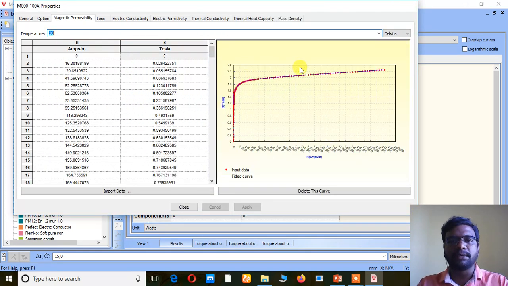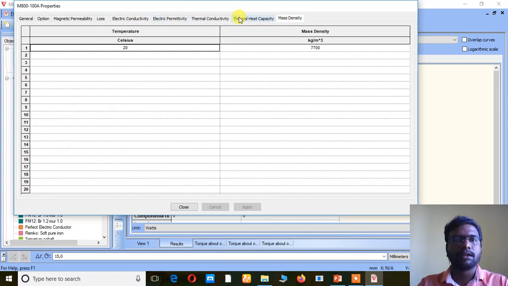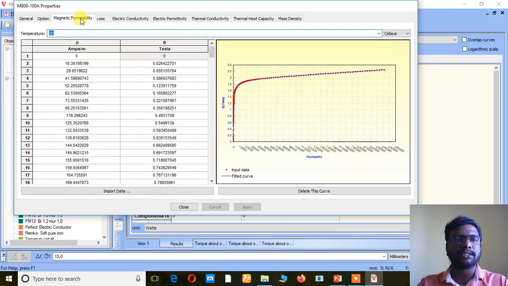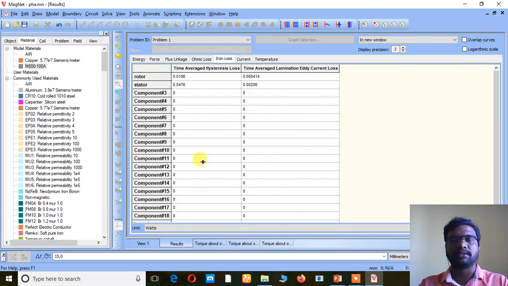So we have to check the BH curve with the different materials, as well as the loss curve, that is losses versus flux density. We have to consider this curve as well as the BH curve. Moreover, slightly consider the density, because density plays a vital role in the mechanical oscillation of a machine.